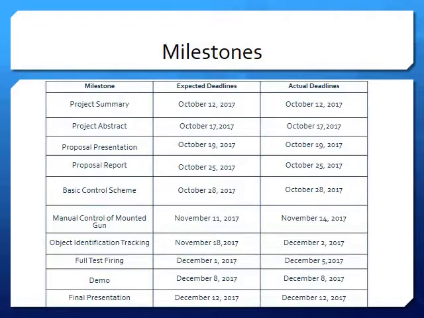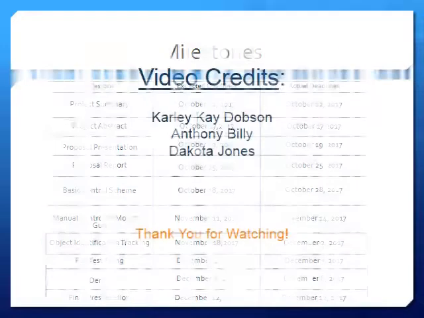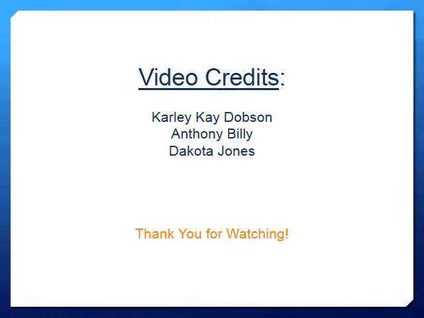Here are the milestones for the project. As you can see from the chart, the project has some delays beginning with the manual control of the mounted gun, which caused delays in the rest